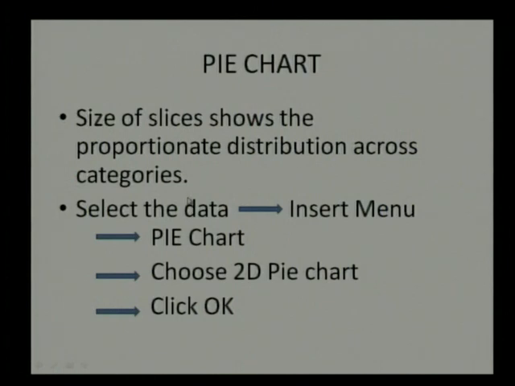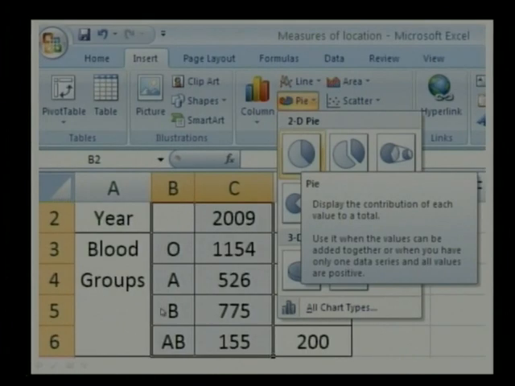Very simple application. Let us take this particular data: in the year 2009, suppose I have data related to blood groups. So O category blood group, A category blood group, B category, and